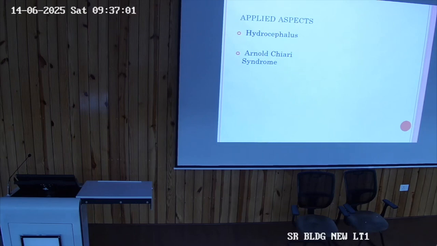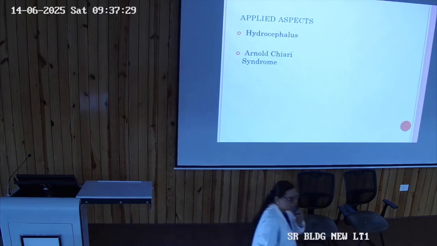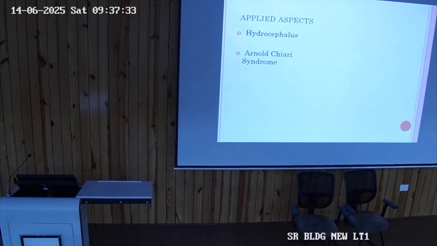So these are the applied aspects which are related to the fourth ventricle, and about the newer approaches, though the approach depends on the area where the clinical condition is located, to save the structures of the fourth ventricle, it is approached through the inferior medullary velum, because that is a non-nervous tissue. So it is approached from that. So this is all about the floor of the fourth ventricle that is usually asked in your exam, and about the whole of the fourth ventricle.